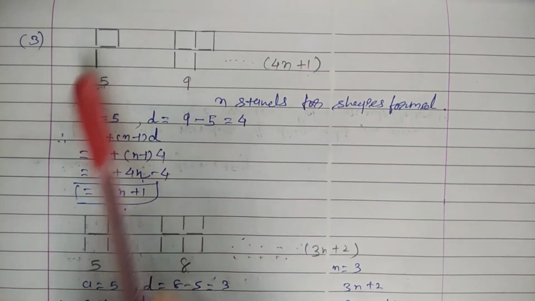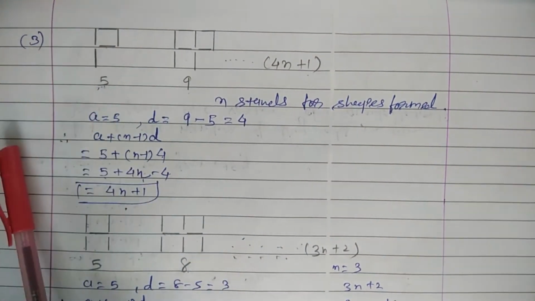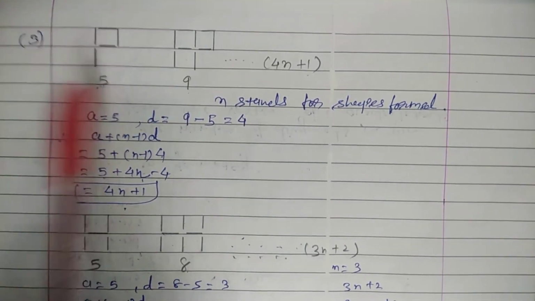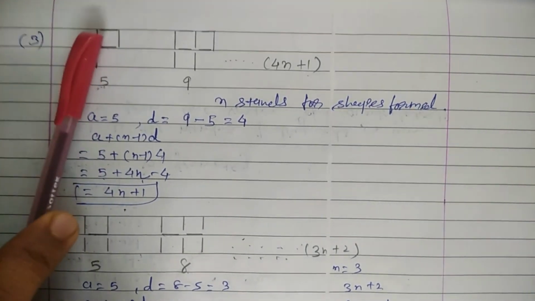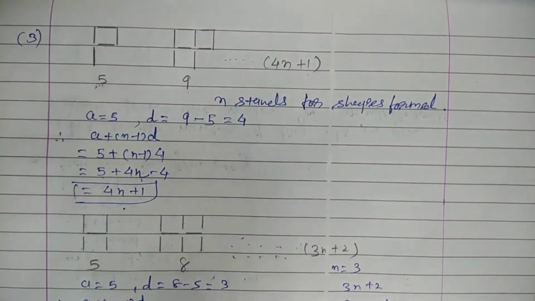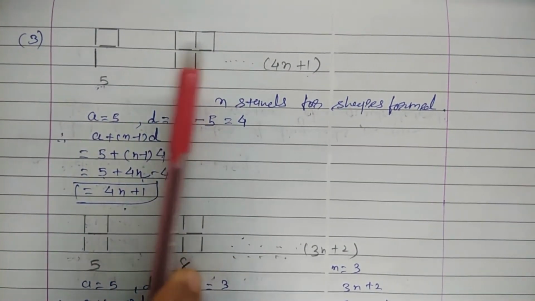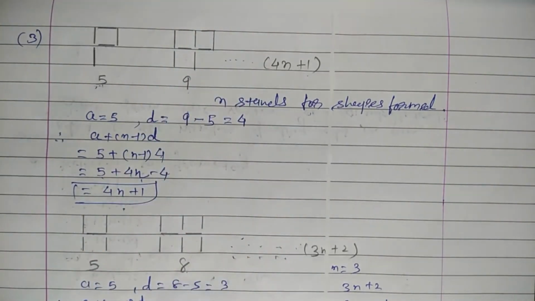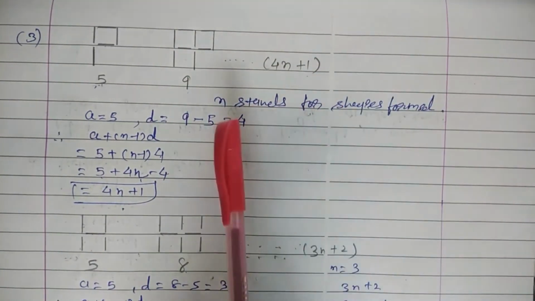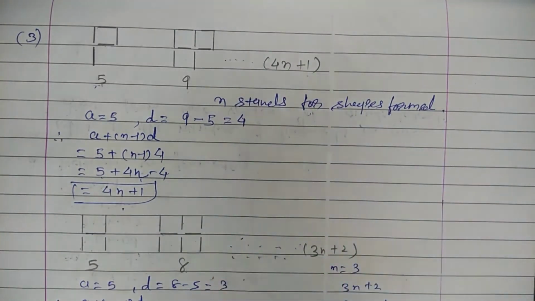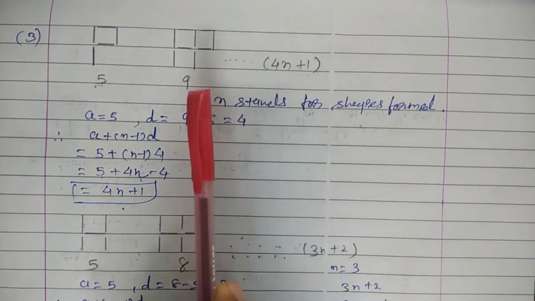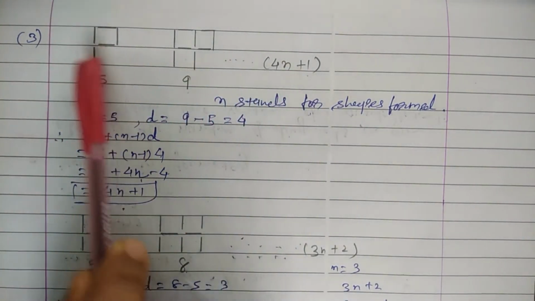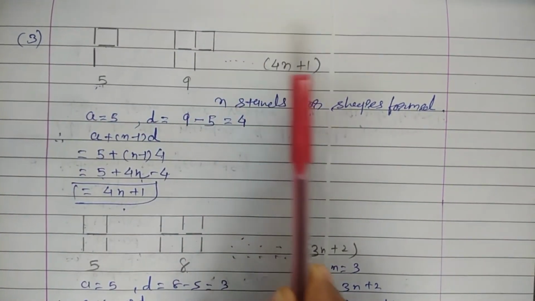Now let us see some basic steps. Here, this letter P is formed using 5 equal lengths of line segments. We can count 1, 2, 3, 4 and 5. Now for 2 P's, it requires 9 line segments. This way we have to form the figure. If we continue for 3, for 4, in general we can write the number of line segments required to form this letter P as 4n plus 1.